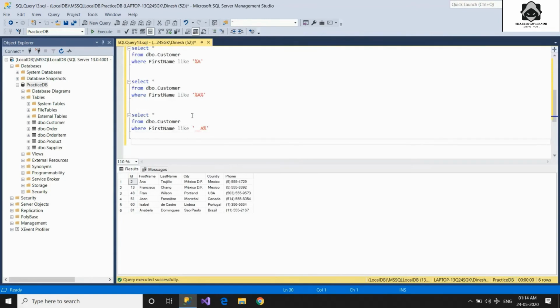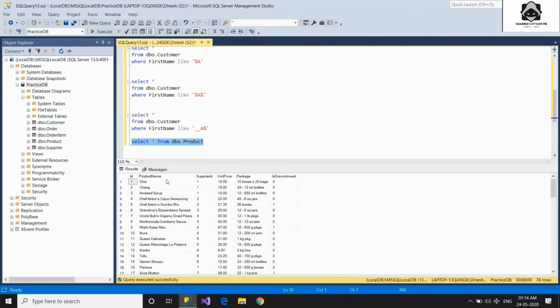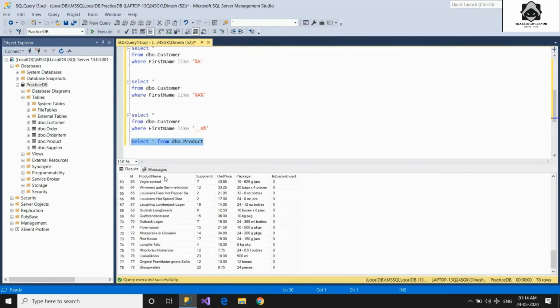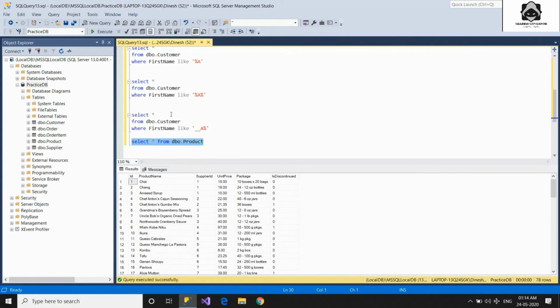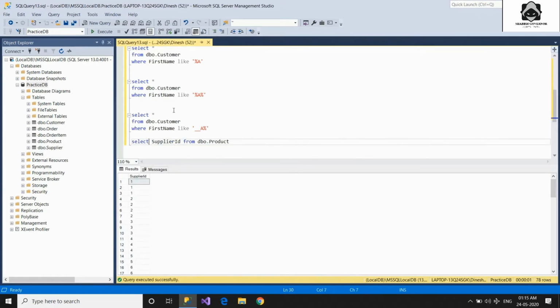And lastly, the last thing that I wanted to show you is the distinct supplier IDs which are in the table. For that we will be using the distinct keyword on the field. This is a field level keyword that we will be applying on the supplier ID. Here you can see first of all that there are too many duplicate values in the supplier ID. So let's first select just the supplier ID instead of all the records, and now we apply the distinct keyword on the supplier ID. Let's run the query and we get all the distinct supplier IDs present in the complete table.